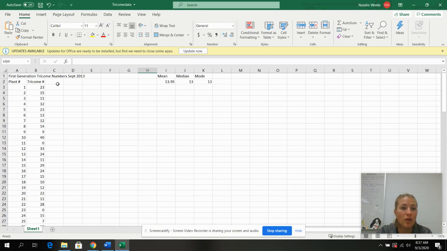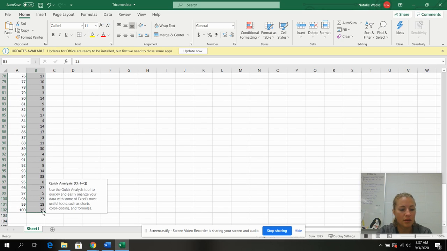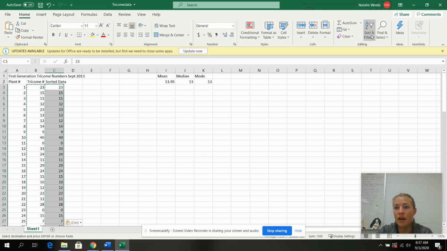So the next one says that we are going to sort. So it says put everything from column A into column B. We're going to use B to C. So we have our trichome numbers. We're going to label this one sorted data. I'm going to copy every trichome number, Control C to copy, put it into my sorted data, Control V is paste, and then from here up in the corner,